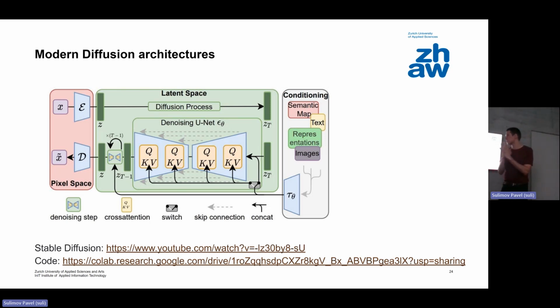What is the most important difference from the original article about diffusion and the diffusion that is used now in the modern different APIs that you might use? Instead of analyzing the picture of, let's say, dog and dog with noise, you are introducing here a little encoder-decoder. Very popular concept.